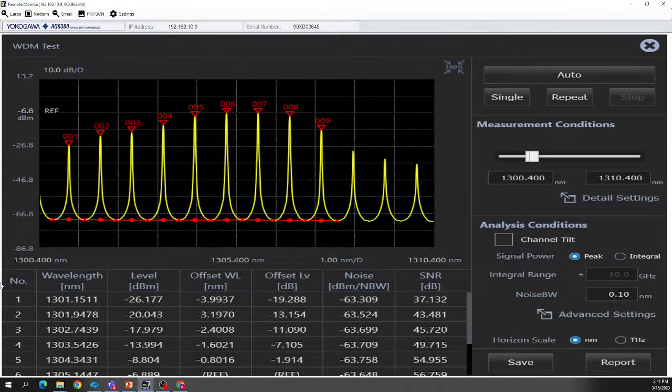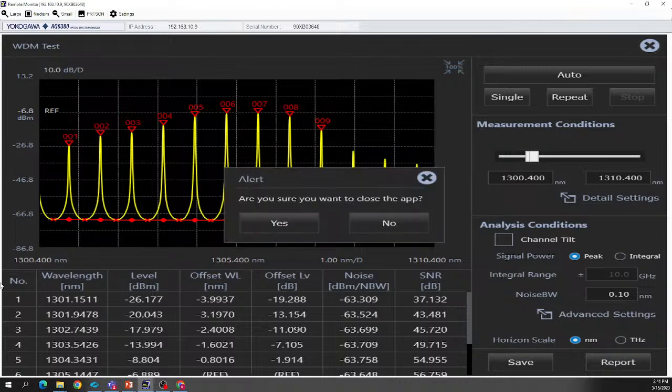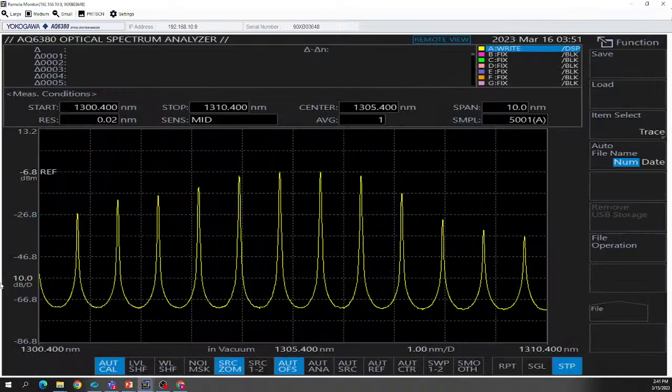Just very easy things. And to exit out of the app, you just hit the little X in the top and close the app. So it does run separately from your actual main screen OSA. We are trying to add a few more apps to it, but that would be a future thing. And yes,